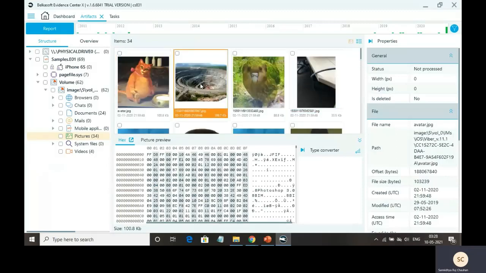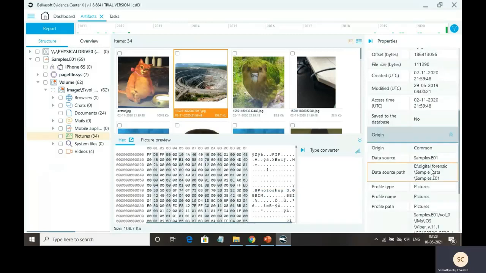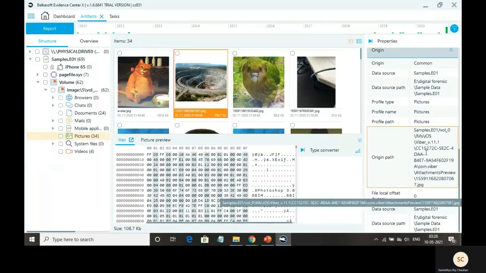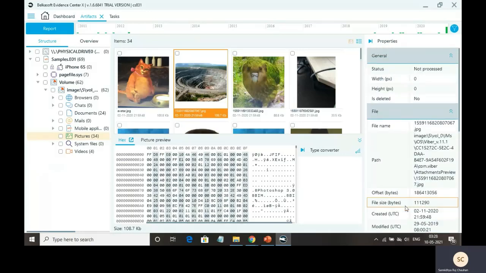After selecting a specific picture, we can see the hex viewer, where low level analysis can be done, where all the data of that file is presented in a hexadecimal format. In this window, we can see all the information of that file, that is the origin path, the data source, and so on.